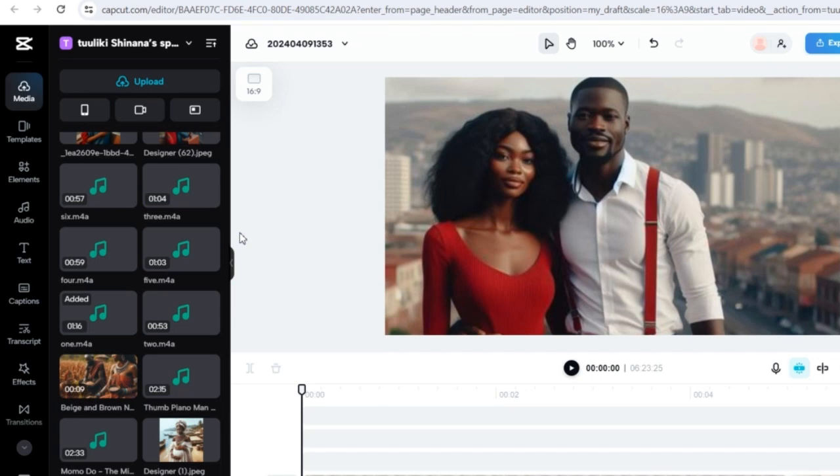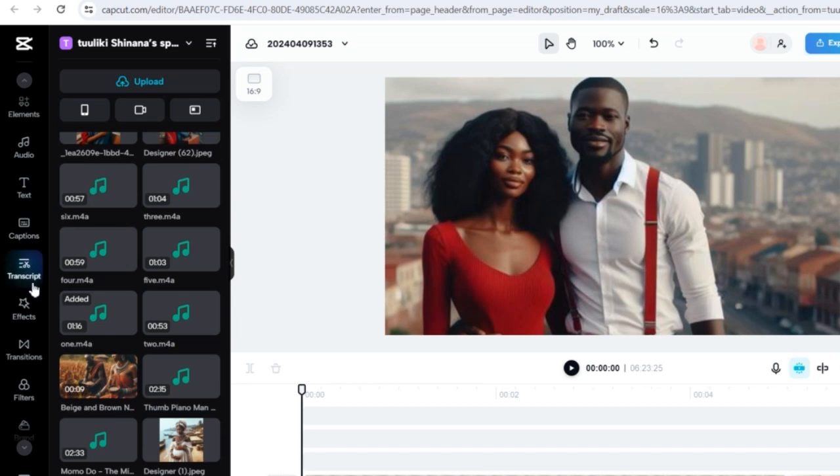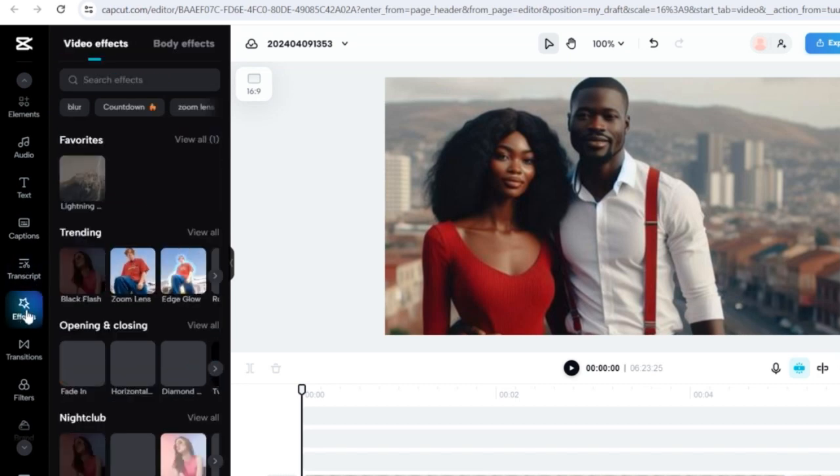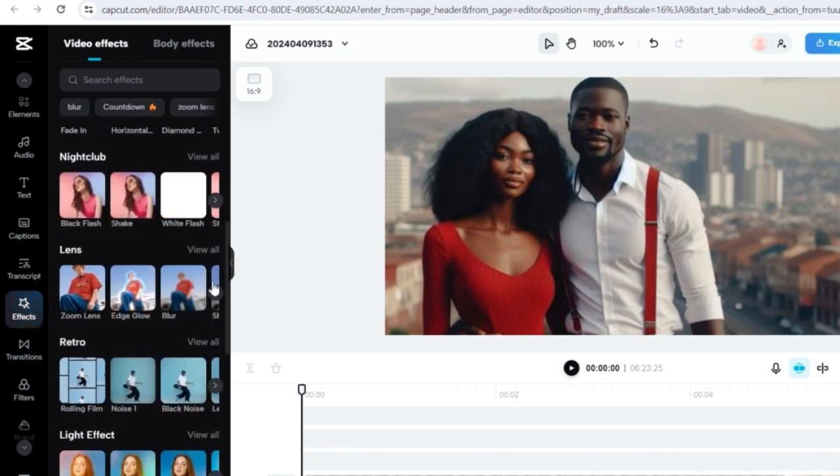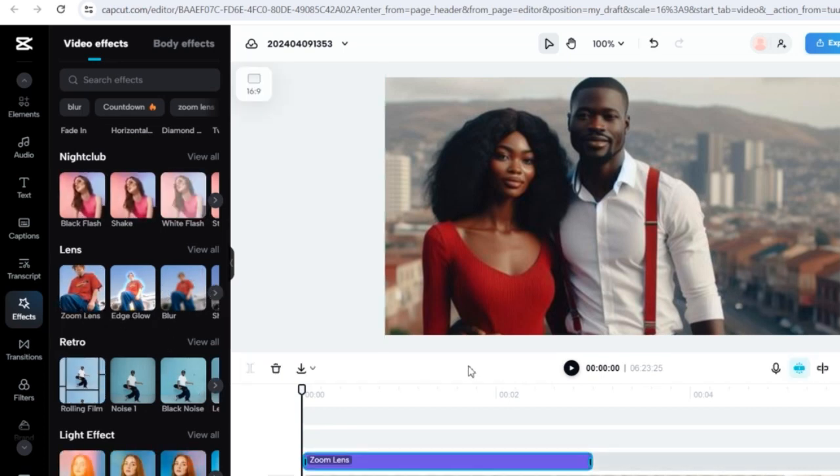CapCut has a lot of variety of effects to choose from. All you need to do is, on your left, tap on Effects, and then it will give you more options. Yes, more effects. So you just tap on the one that you want so that it can apply on your video. Let me say I'm choosing zoom. This is actually also nice for your African tour videos. So if you click on this,